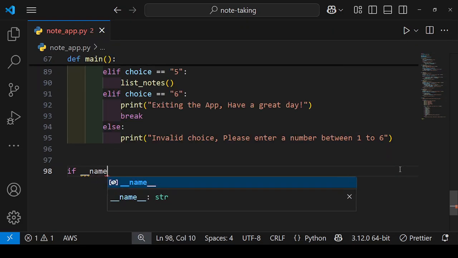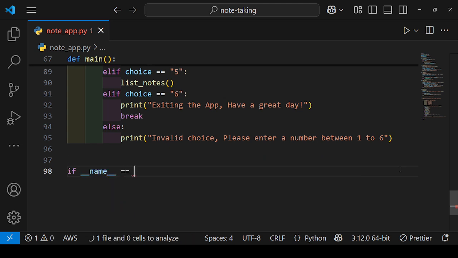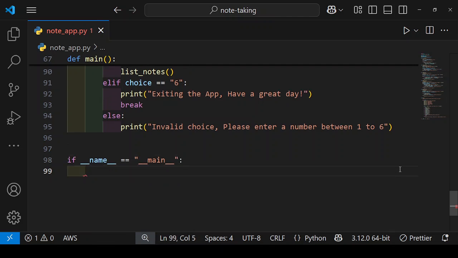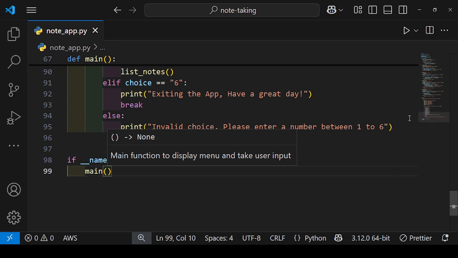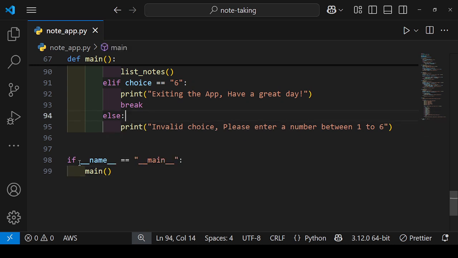I will write here __name__, and this I will explain in an upcoming lecture. Why do we use this type of notation. Don't worry. Generally we use this __name__ if it is equal to __main__, that condition becomes true, which means the main function will run. This condition becomes true only when you run this note app.py